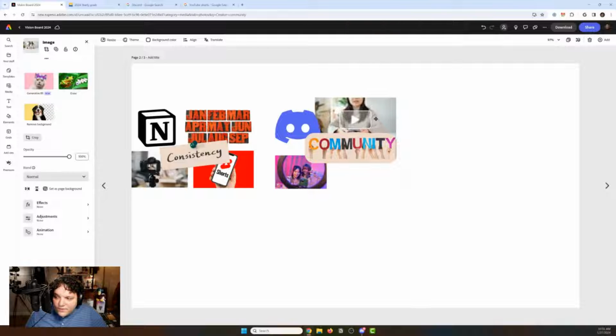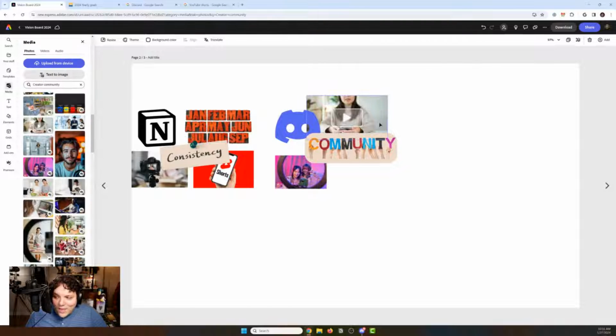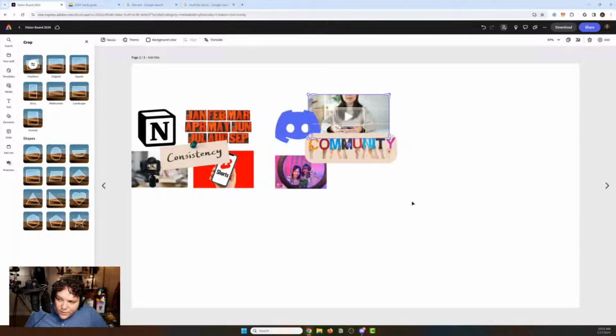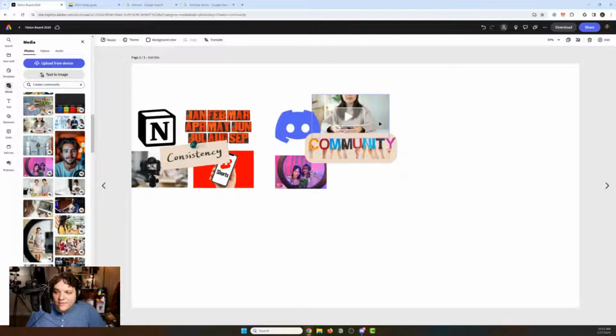And you might see that this is not perfect, right? Like it's a little high, it's a little above. There's no right or wrong. This is our vision board. You can make it as messy as you want. You can make it as clean as you want. If I don't like some of it, like this, for example, if I don't want it behind the little Discord eyes, I just did that and I can see it's on my phone. So again, it's reminders. It is ways to help yourself visualize things, right? So consistency, we have community. Another thing when it comes to community is just remembering that audience may not necessarily know your content, the new one, right? So I think that's also important as we go here. But we've gotten through quite a bit already.